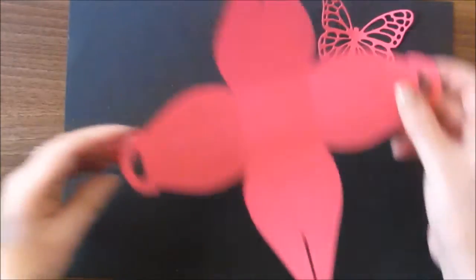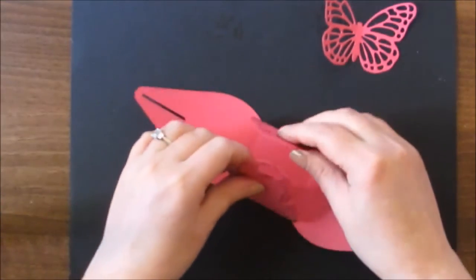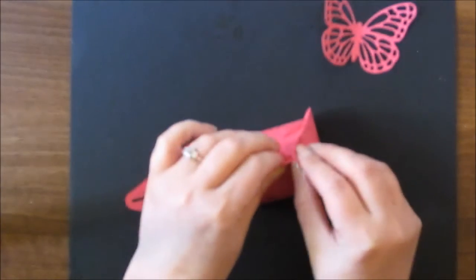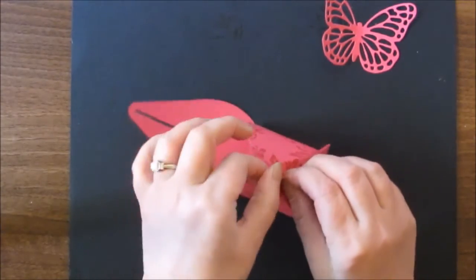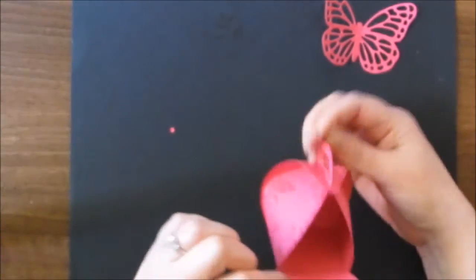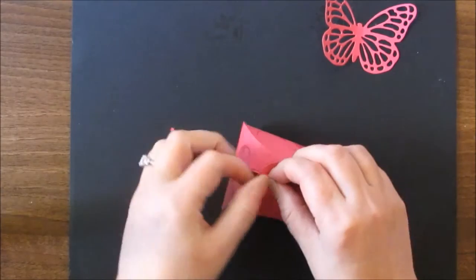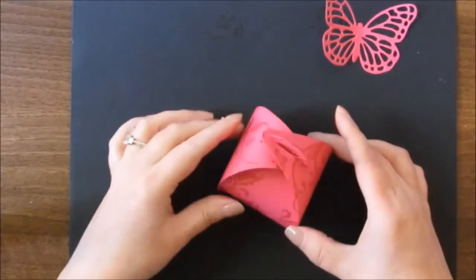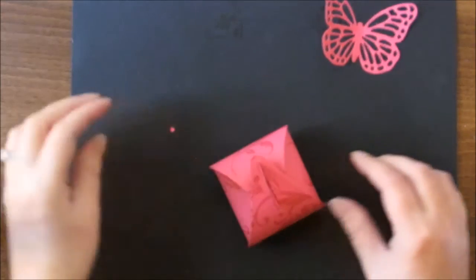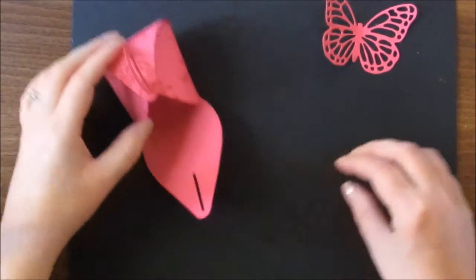Okay, so we're going to bring back in our box and just show you how it folds up. These come together, these are your handles, and you can slide one over first. This is the time when you can put in your little treat, and then your other one will sit over just like so. Okay, it does push right down and click in, but I'm not going to do that yet, just until I've put the butterfly on. So to attach the butterfly, I'm going to open it back out a minute,